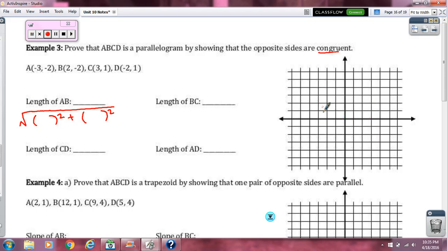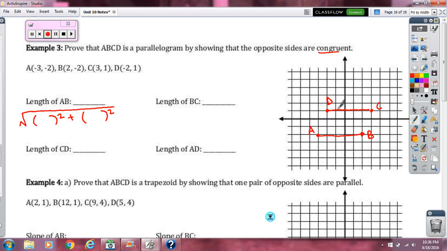So -3, -2, 2, -2, and 3, 1, and -2, 1. I'm glad I drew this out because I can tell from this graph that sides DC and AB are horizontal lines, so I don't even really need to do distance formula on those. I can just count. Let's see, from D to C is 1, 2, 3, 4, 5 spaces, so that's kind of nice. Don't have to do distance formula on those,